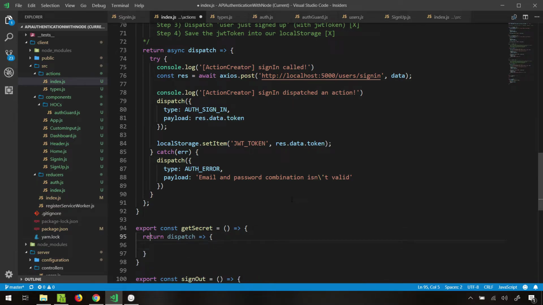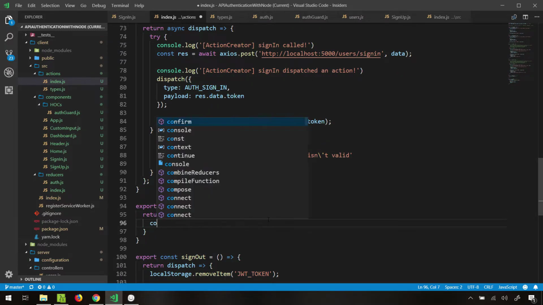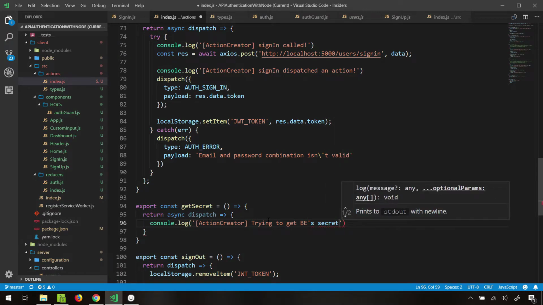And that dispatch actually needs to be async because we want to use Axios over here. So we're going to say console.log action creator trying to get backend's secret,